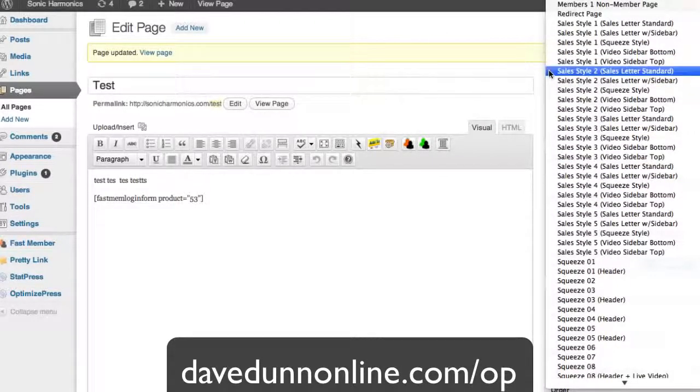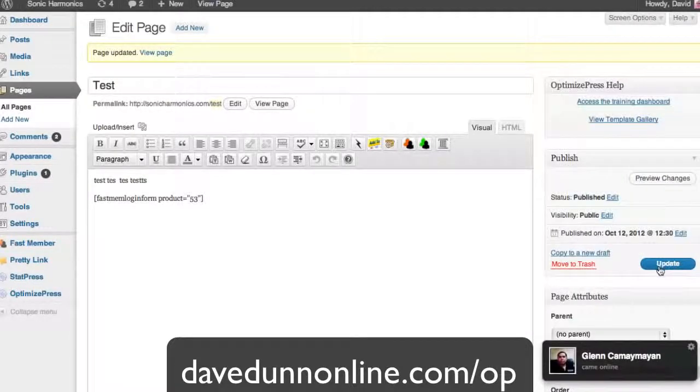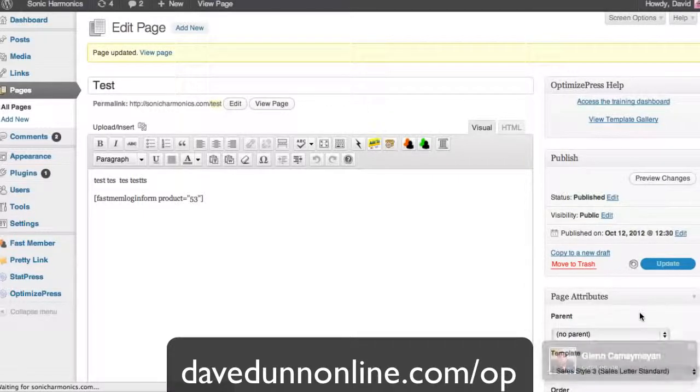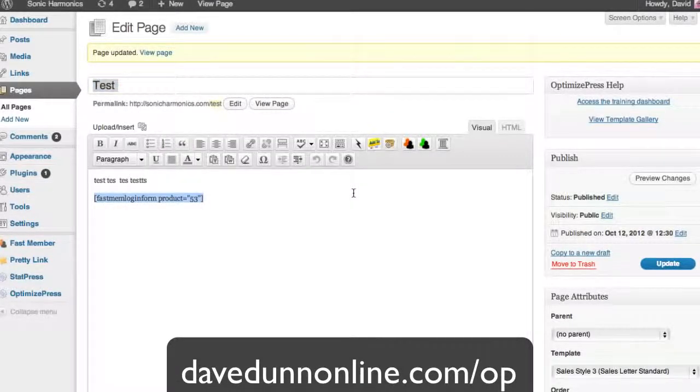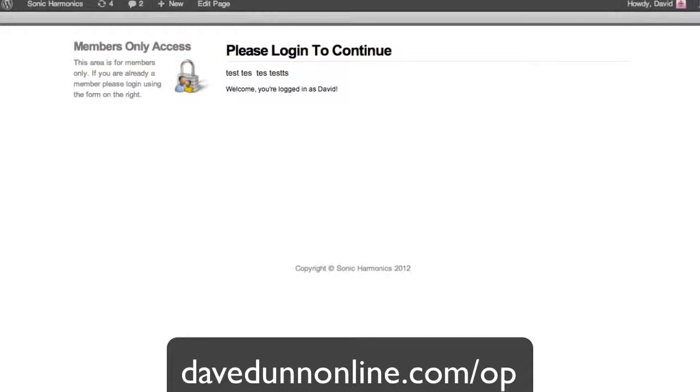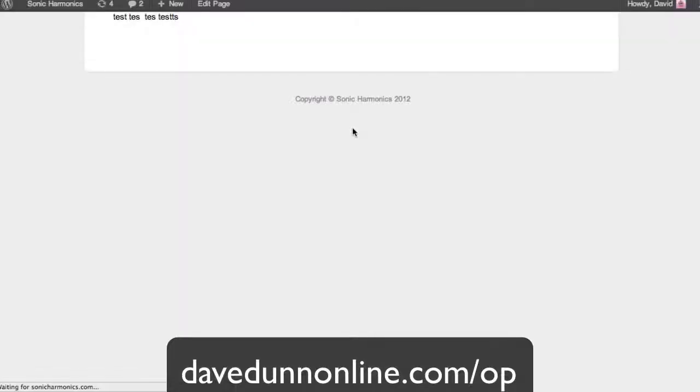Any of these. So if I selected Sales Letter Standard and updated this, and we remove our shortcode for the login form, and then update this page again, you see it's changed again. Very plain layout,